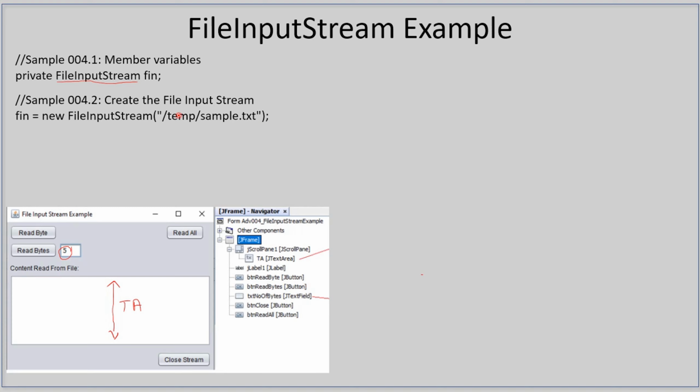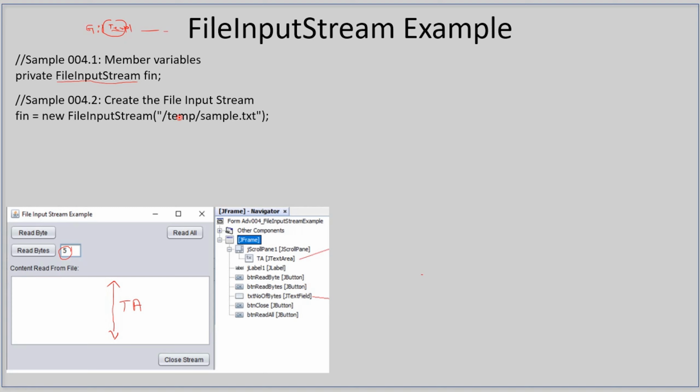And if you see the notation here, this means wherever this program is running. Say for example, if I am running this application on G partition, then temp means in the root, the first folder is temp, and inside that sample.txt. So that's how we are specifying it, and it will work on